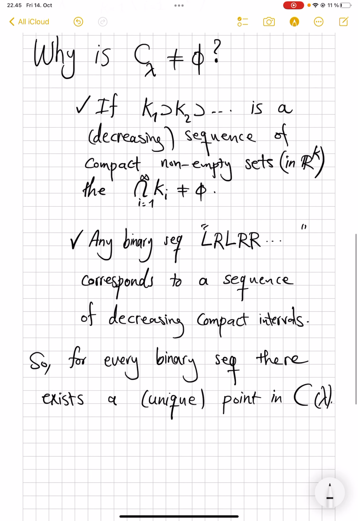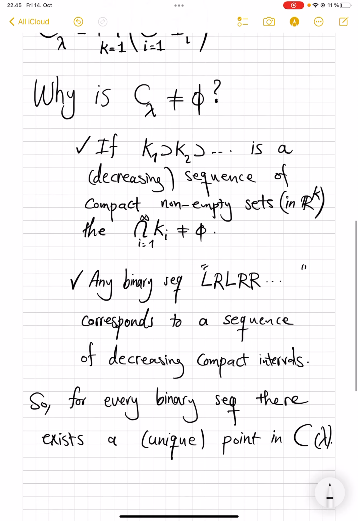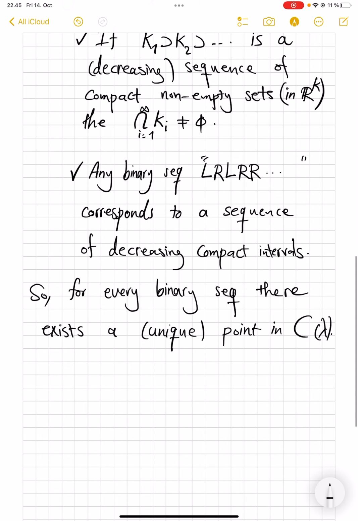And the uniqueness is obvious because once you change any element in this left-right sequence, you end up in a totally different subinterval. In finite time, you already go far away from that point, and you totally change your interval, not like at infinity, in finite time, and then there's no way you can end up in the same point as the previous one. So this shows uncountability, but